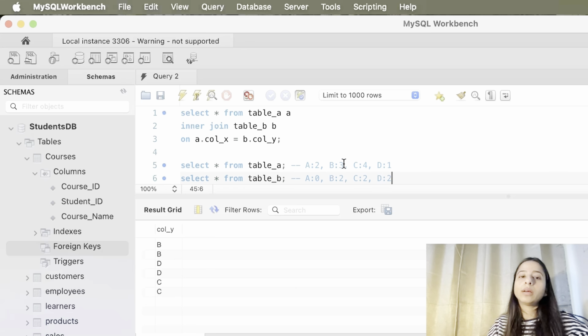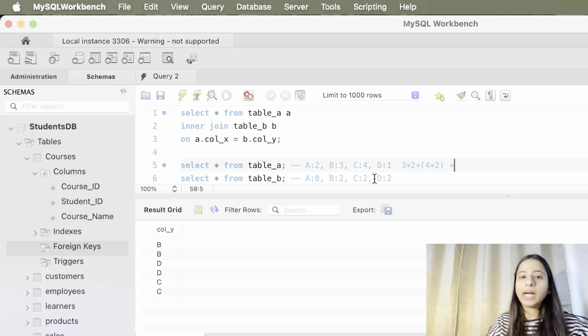Now for the rest of the values in both tables, let's see. B appears 3 times in table A and twice in table B, so 3 into 2, let's write it down over here. Plus for C, it appears 4 times in table A and twice in table B, so you add 4 into 2.